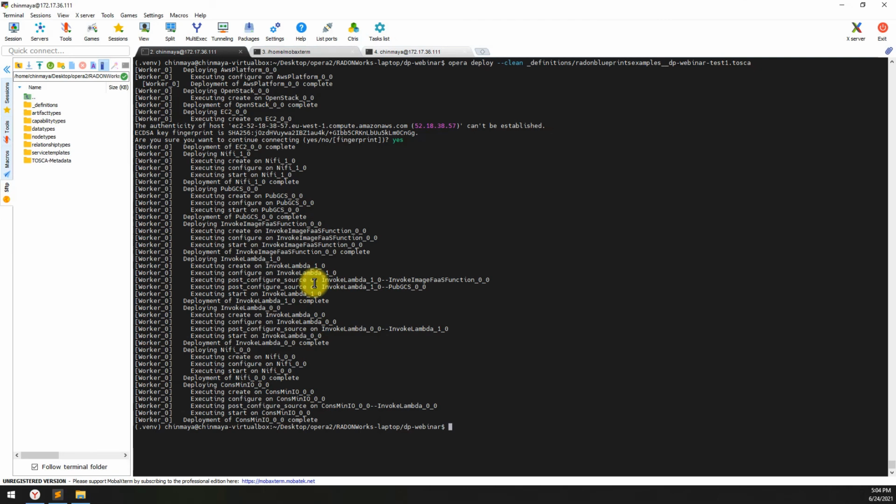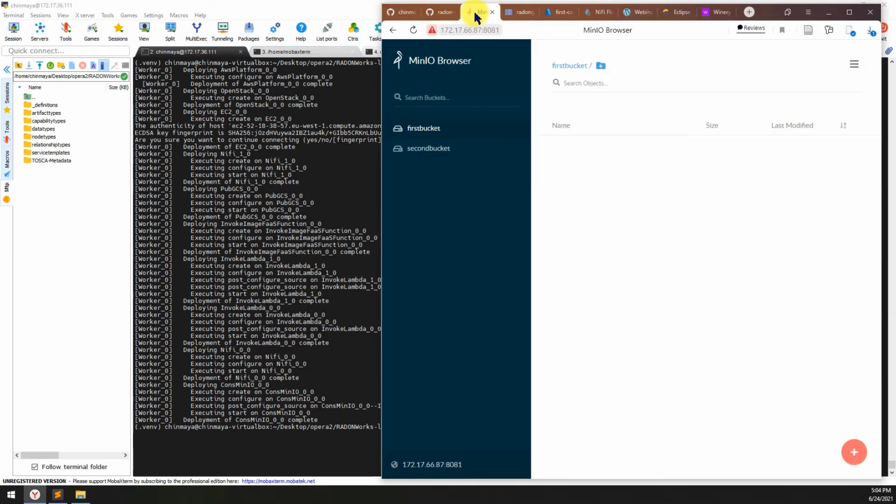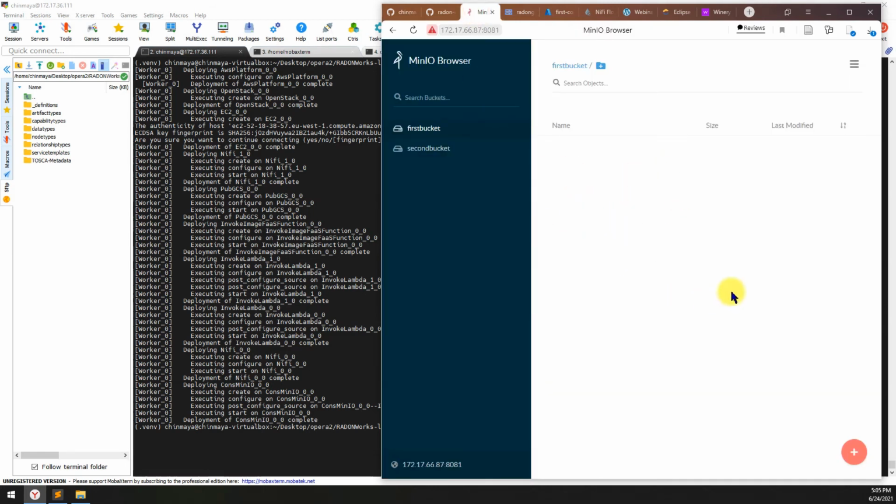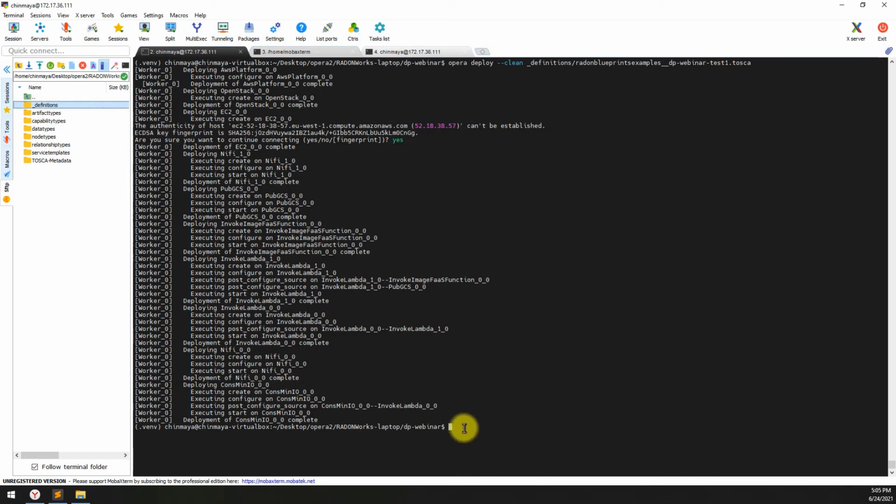Now what we need to verify is whether everything is working or not. We will upload the data to the min.io database, and we should see the result in the Google storage and also in the Azure storage bucket. So first let's upload some image files to this min.io database. Here we'll upload the data to the first bucket, because if we see in the definition,